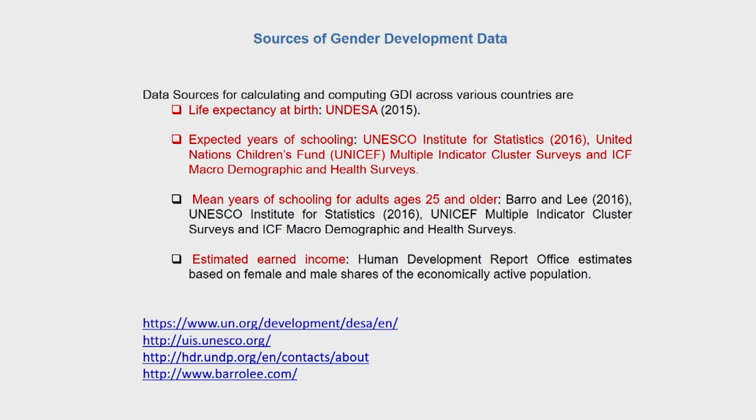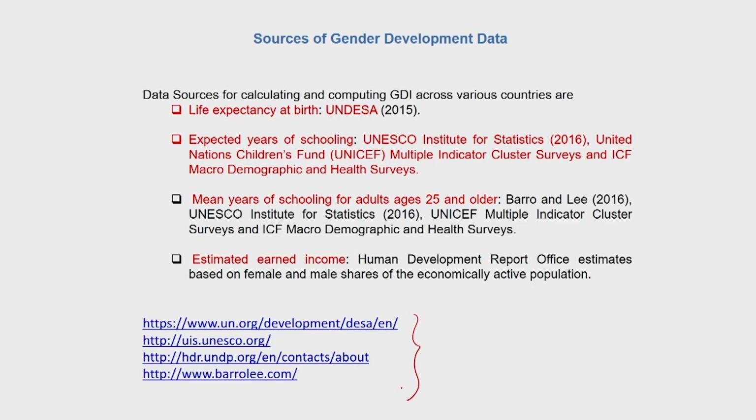For those students who are interested in looking at the details of these data, how they are collected, to gather information over a period of time and use it for their own research purpose or dissertation purposes, I would urge you to look up these websites that I have listed out here. For those working on education data, one of the most reliable is to visit this website barrowlee.com, that will give data country wise and over a period of time, very meticulously done data which can be used for research purposes. So these are the sources of gender development data which are used by the HDR of 2016